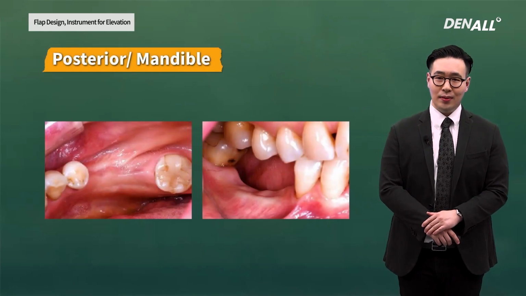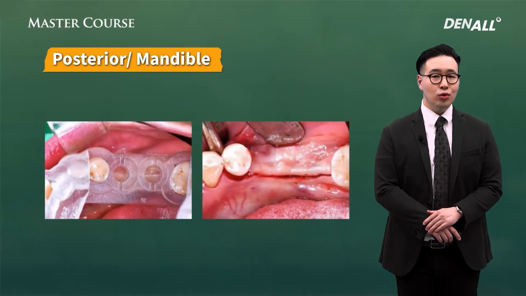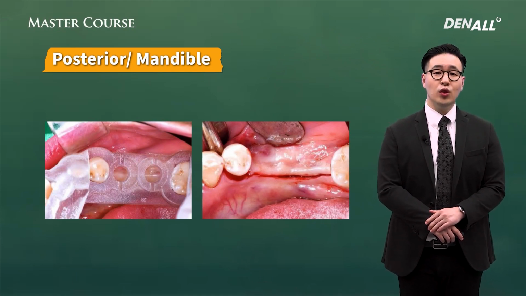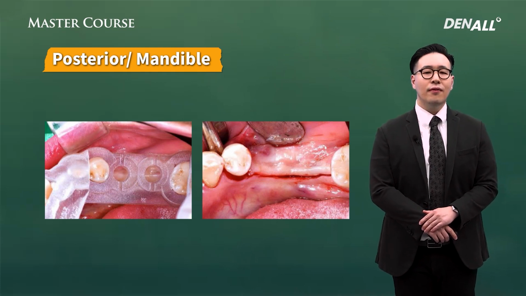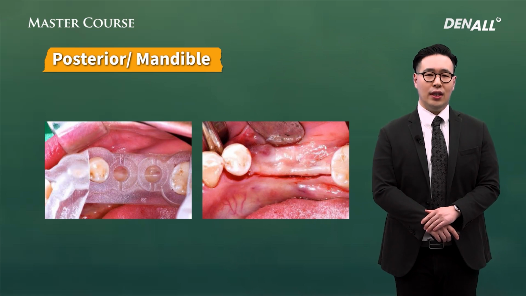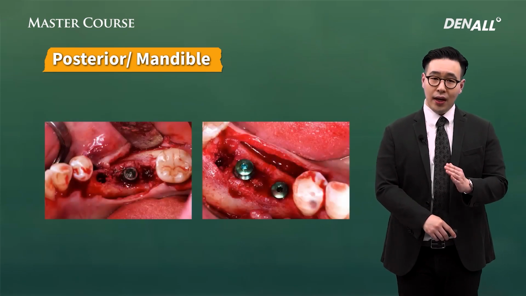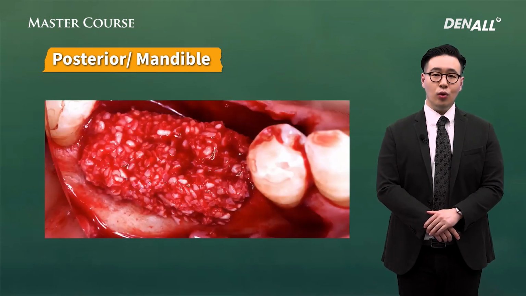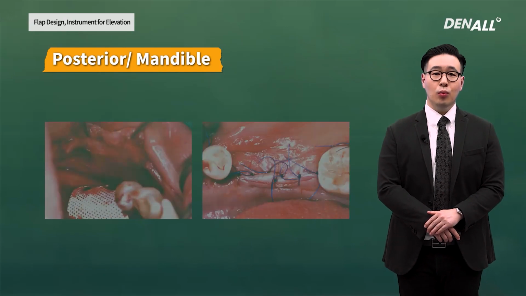Finally, I'm going to show you a lower posterior case. Implant placement as well as vertical augmentation was planned, and guided surgery was used. Vertical augmentation was done at the same time. The buccolingual position of the crestal incision needs to be decided well in order to minimize damage on the flap during drilling. Buccolingual flap elevation was done, the implant was placed, vertical augmentation was conducted, a non-resorbable membrane was fixated,